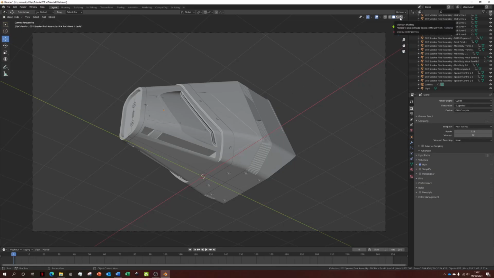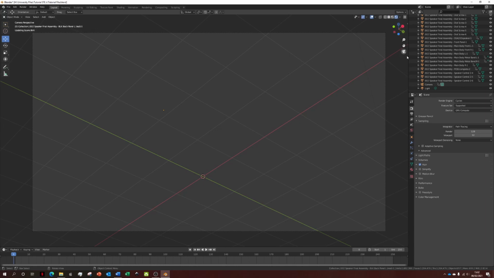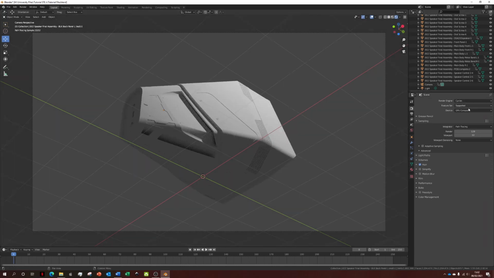Switching to the render view up in the top right, I check that I'm in Cycles rendering engine, and that I'm using GPU compute, as this will speed up the sampling process. If you don't have a dedicated GPU, you can use CPU compute, but make sure you turn down the sampling load. Moving down to the sampling section, I set my viewport samples to 50 to get a less noisy view